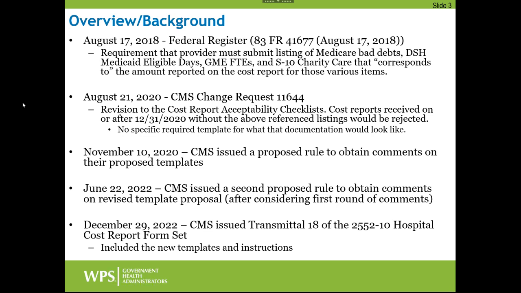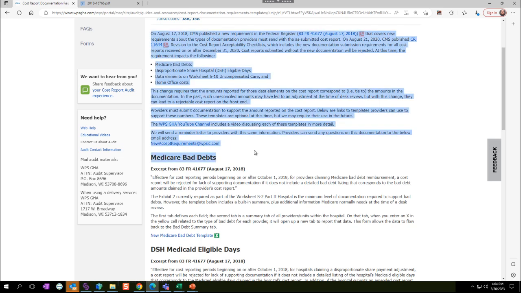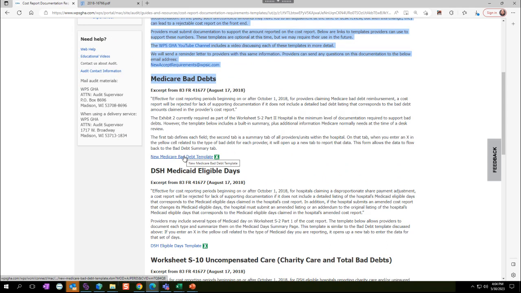Now, at that point, I will say that we at WPS had posted a website article with that Federal Register with instructions as well as templates that we had created internally. These are not CMS mandated templates, but these were templates that we recommended providers use to give all the information that was necessary. Now, those templates, you may or may not have used those at that time. We are now talking about the new templates, the new version of these templates that are effective on or after